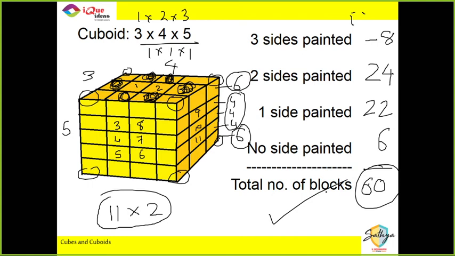Shashwat, multiply by 2 मैंने इसीलिए किया because 11 I can see. That's why I multiplied it by 2. I am considering every single side. I cannot draw a 3-dimensional figure where I can see all 6 sides, obviously. That's why imagination is required. I have considered all the 6 sides. I counted 3 sides में 11, and then the 11 is replicated on the hidden sides. So total 22. Did you get that?